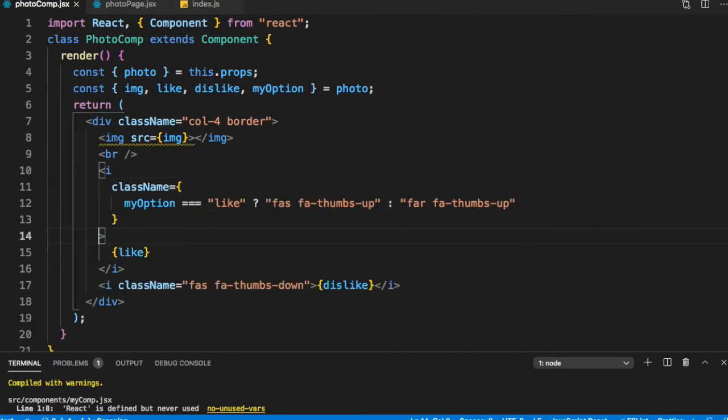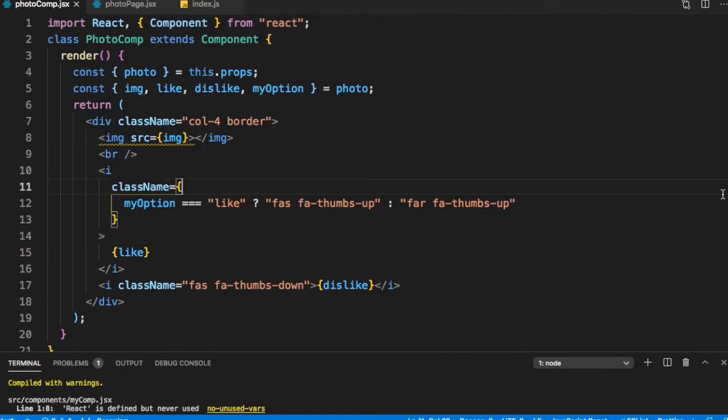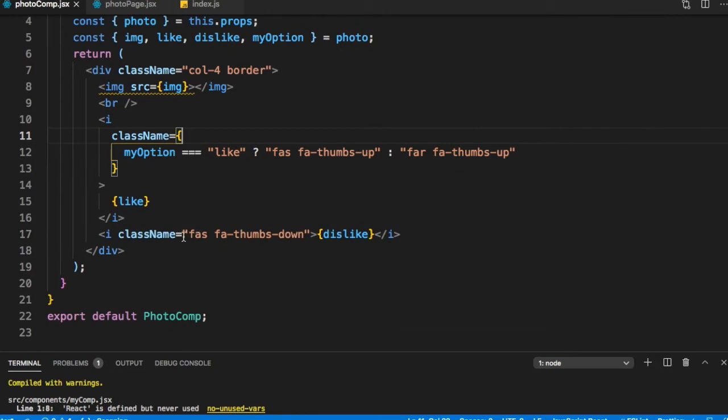So now if I test it, we'll see the difference. So the ones that I have thumbs up, so this one I have liked, so it's showing me this icon, which is the solid icon, and for the others I am getting the empty icon. Same change, let's make it for our dislike.